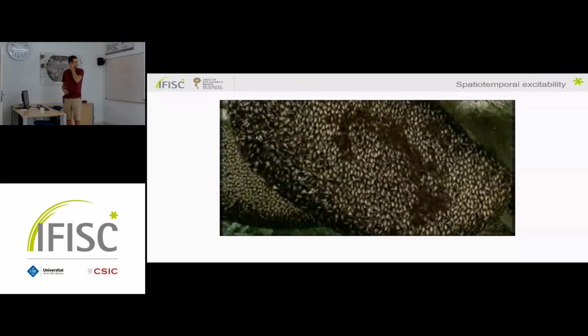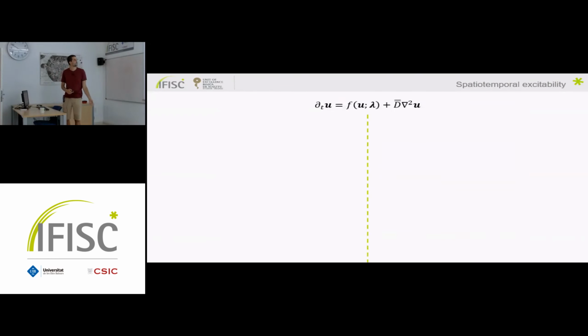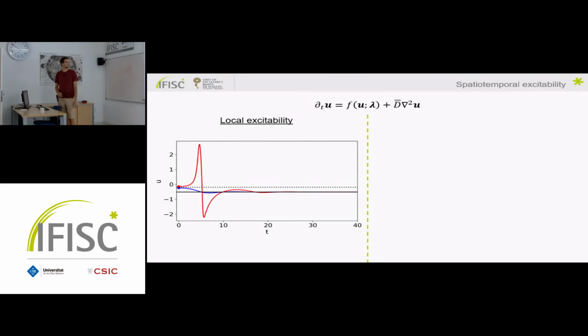Nevertheless, usually in physics we use continuous media instead of these discrete media, where we work with reaction-diffusion systems. In this system, we have a reaction part that obeys the local stability dynamics I showed you before. This is followed by the local part, but it can also be understood as if we put a homogeneous perturbation on the system, it will follow this, because the diffusion is not going to play a role there. If we consider the full system and put a localized initial condition, we get spatiotemporal excitability.